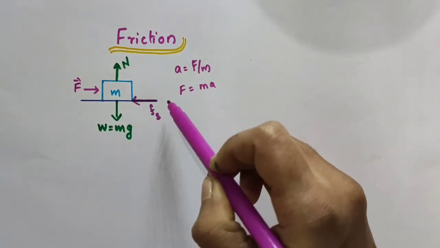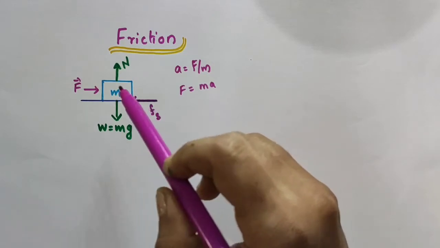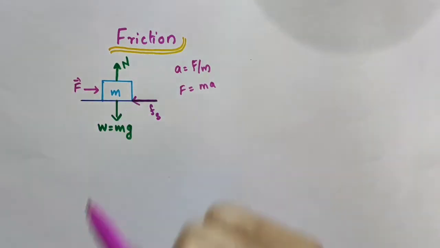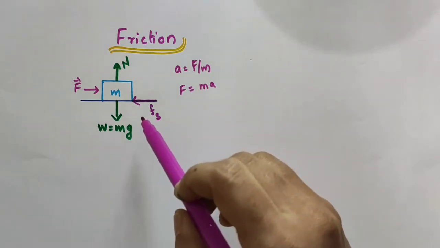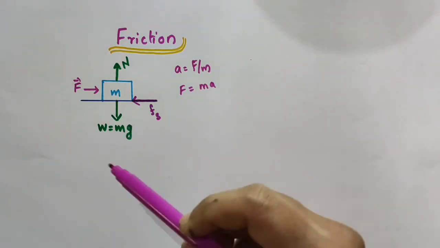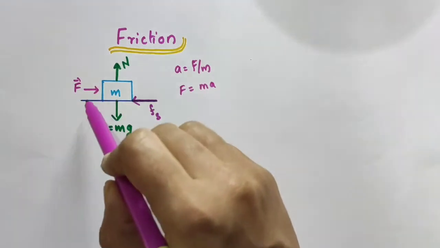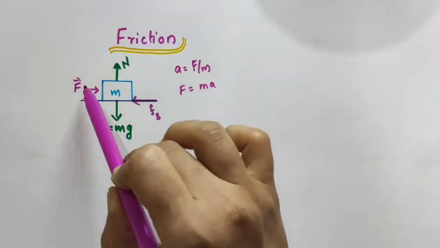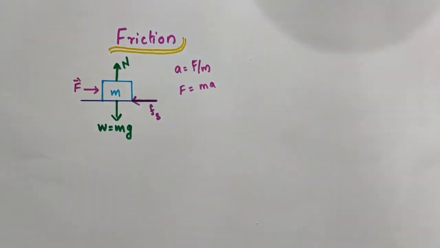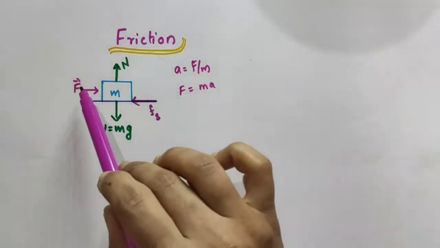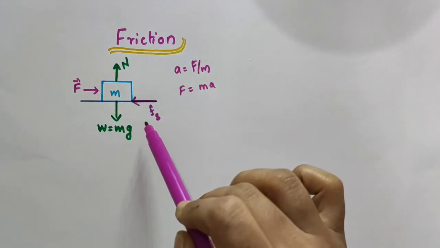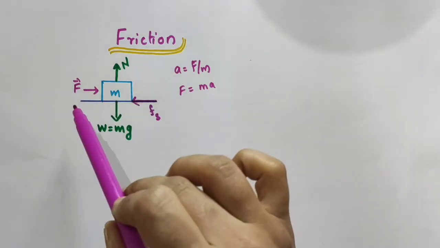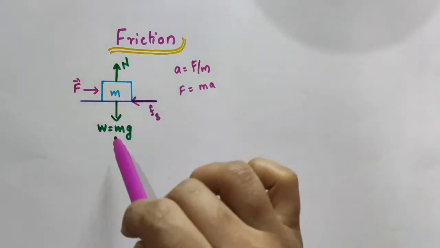Static friction is responsible for the resting position of the body even when some external force is applied on it. Static friction does not exist by itself. When there is no applied force, there is no static friction. It comes into play the moment an external force is applied. As the applied force F increases, static friction also increases, remaining equal and opposite to the applied force, keeping the body at rest.